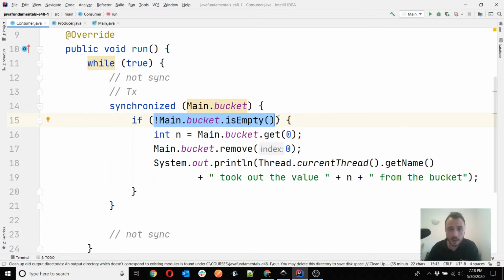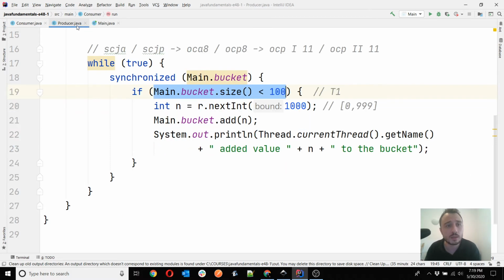Because if you don't have a producer to add a value, you don't have a consumer. Any consumer cannot consume anything, and that condition will stay false forever. Not really forever, but it will stay false while the consumer is active. Only when the JVM decides to put a producer on the stage will it actually add values.